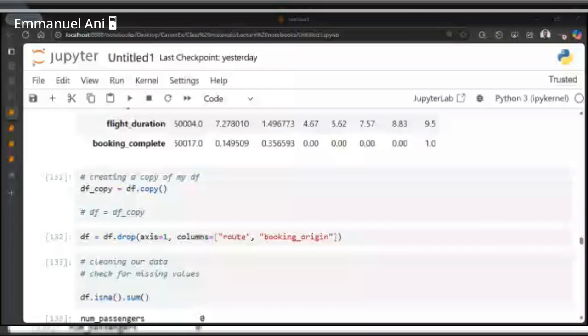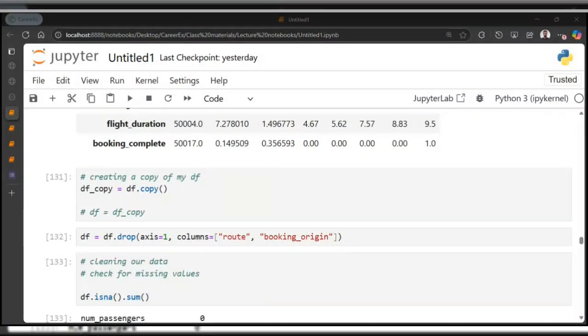You can see how I did it. This one is just based on my domain knowledge. I know that these particular features are not important, right? But there are some techniques you can also use to know which relevant features should be used. We also have that in our curriculum as well, right? So that's basically it for that. I hope that answers your question.